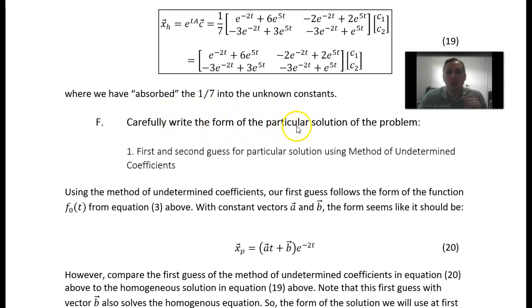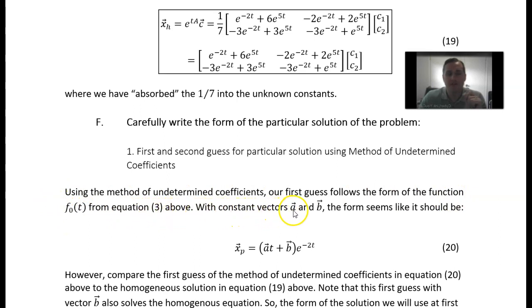Now, in order to continue solving this, we want to move on to the particular solution of the problem. Let's talk about the first and second guess of the particular solution, using the method of undetermined coefficients. Our first guess follows the form of the function f(t) from equation 3